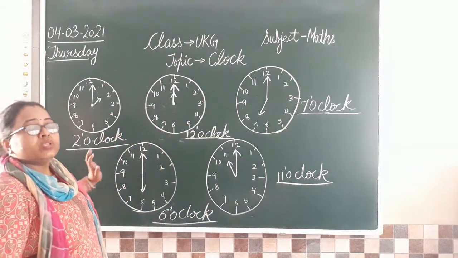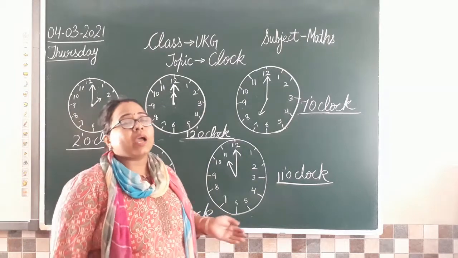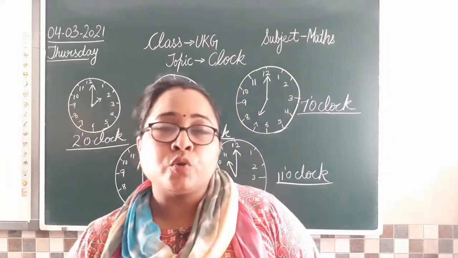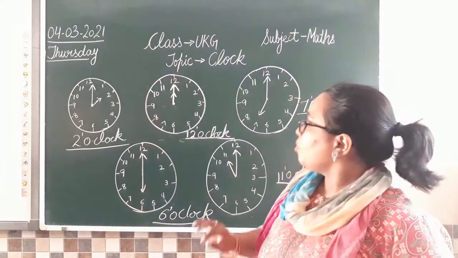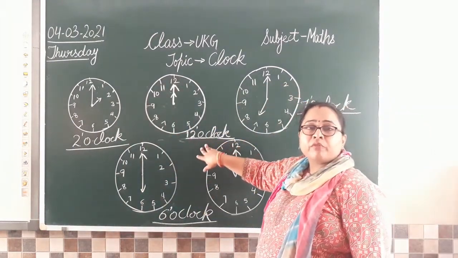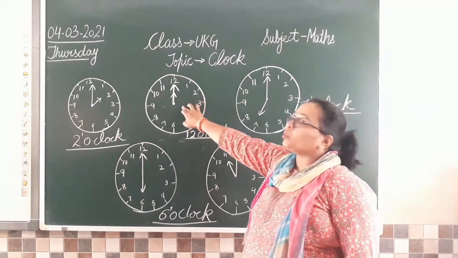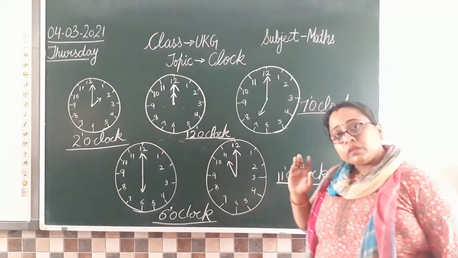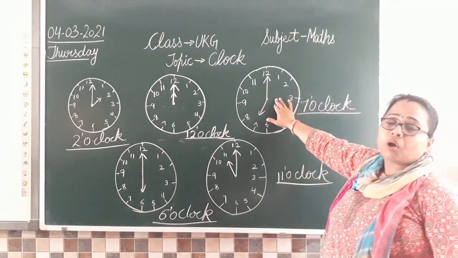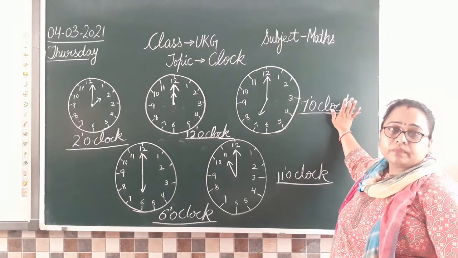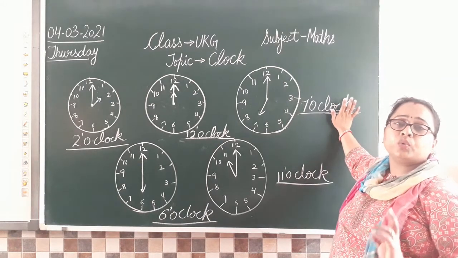Clear? तो time read करना और time draw करना, both ways you have to do the practice. How? Let your parents give you a time. Take a time from them and show that on the clock, and let them give you some time on the clock. You have to read and write it. Is that clear? This is how you will do the practice.